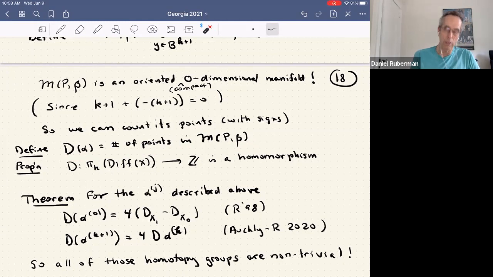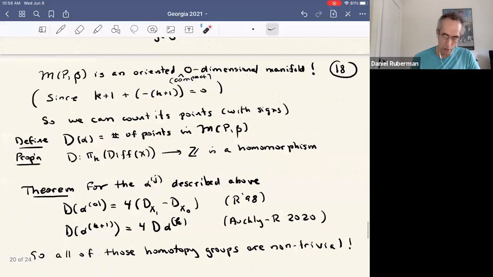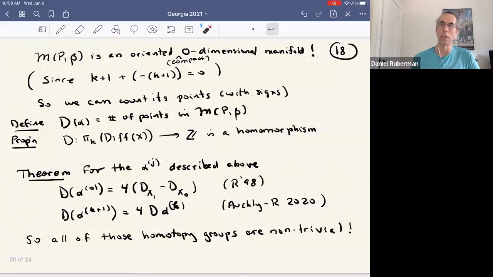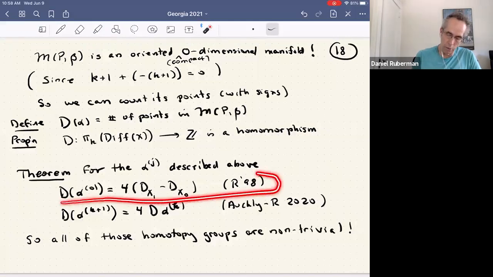So the proposition, which takes a little work but follows from basic results, is that it's first off well-defined, it's an isotopy invariant, and it's a homomorphism. And so let me close with essentially the main calculation, which is what this procedure was defined to produce. This was my old result: that you could apply this to a single diffeomorphism,